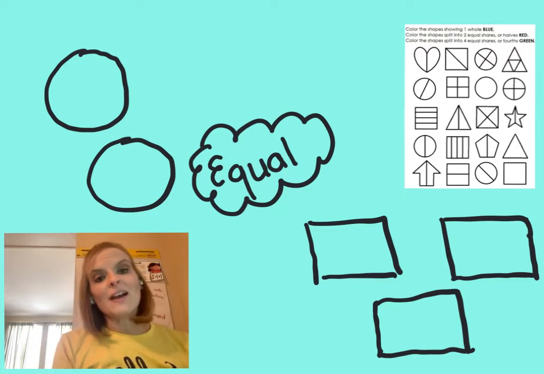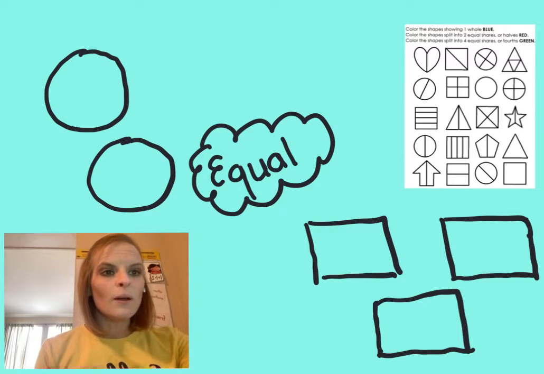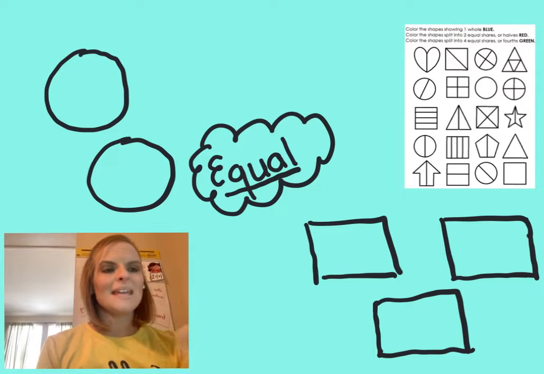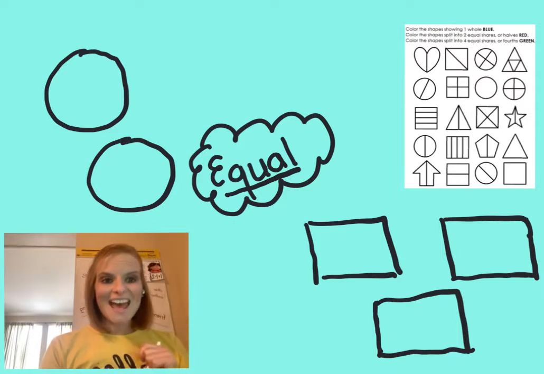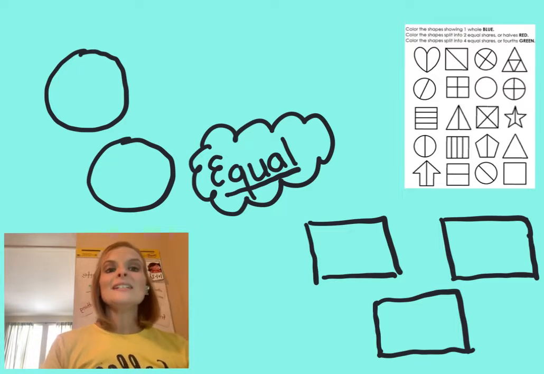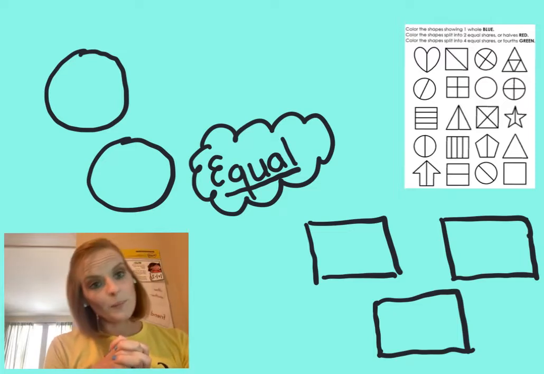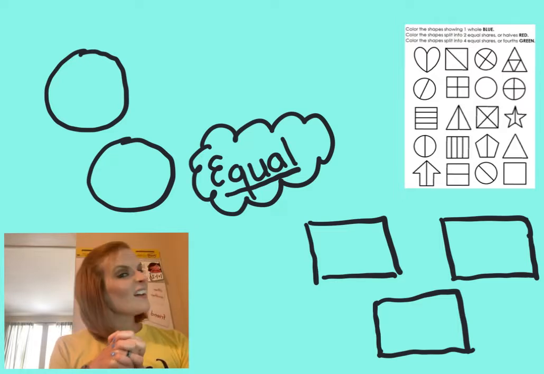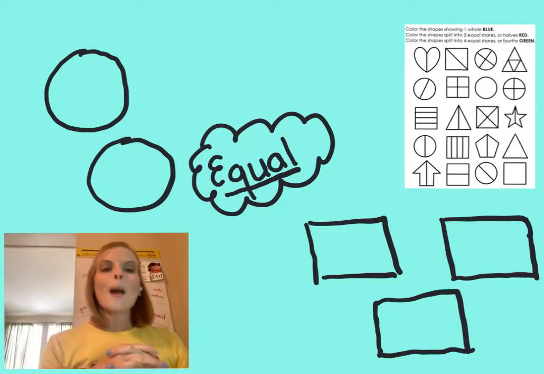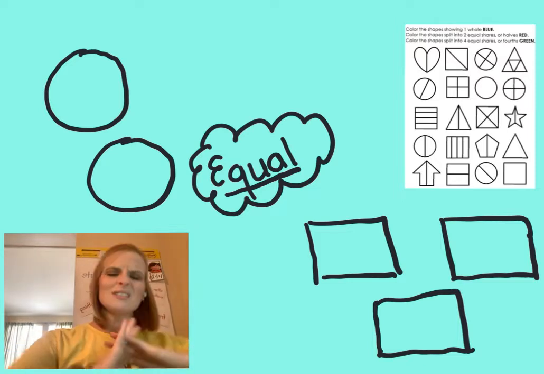We have been learning about equal parts or equal shares. What does that word equal mean? Yes, the same. Equal does mean the same. Excellent job. So when we have equal parts, our parts of an object are the same size. Now, are they always going to be perfect? No, but our job is to do the best that we can to make them as close to being equal